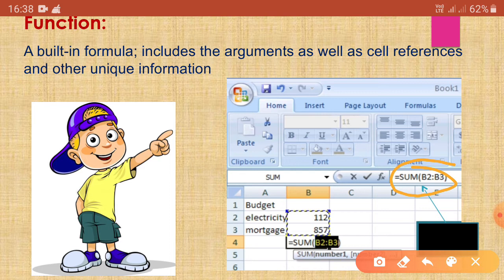Basically the job of this function is to add the values inside the B2 cell and the B3 cell. B2 cell means this 112 and B3 cell means 857. So it is an example of a function. Got it? Go to the next slide.